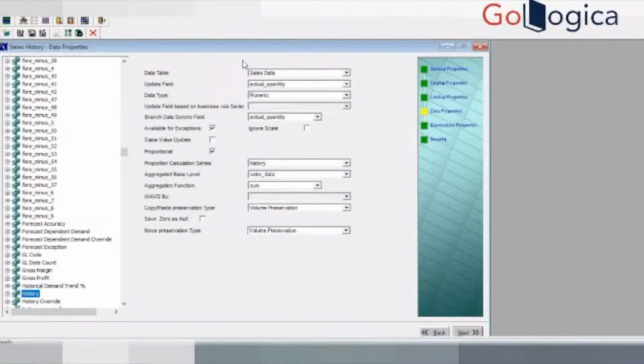Series is nothing but a placeholder to store some data. So whenever creating a series, you should mention to which particular base table the series has to be attached and which column it refers to. Okay. In this case, for example, there is history series